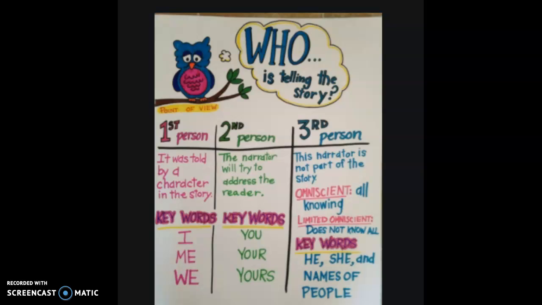So as we are going to be looking at Elisa's Diary, again, I want us to be thinking about the genre, the realistic fiction. I want us to be thinking about what point of view that the story is being told from, okay? So let's get ourselves prepared